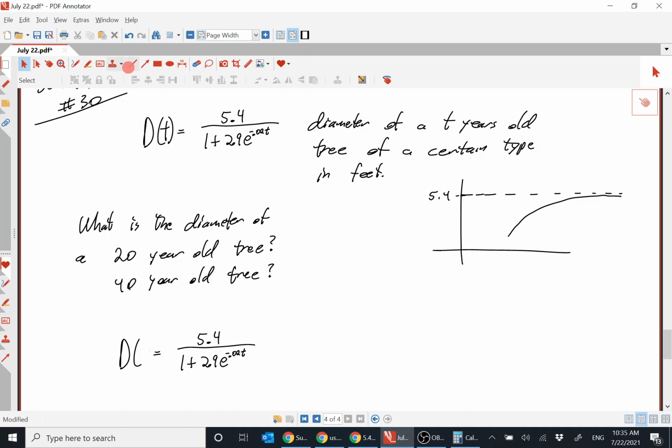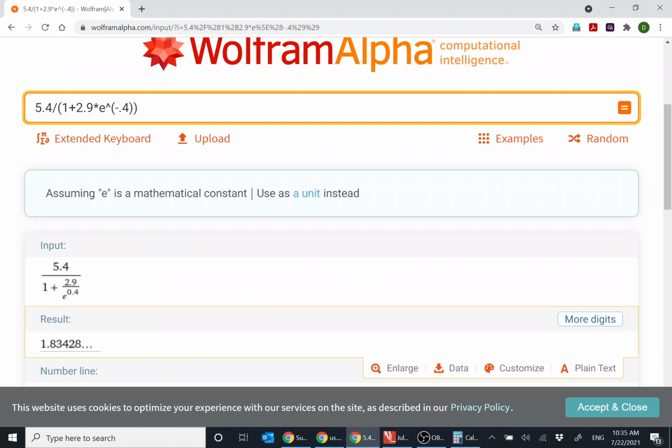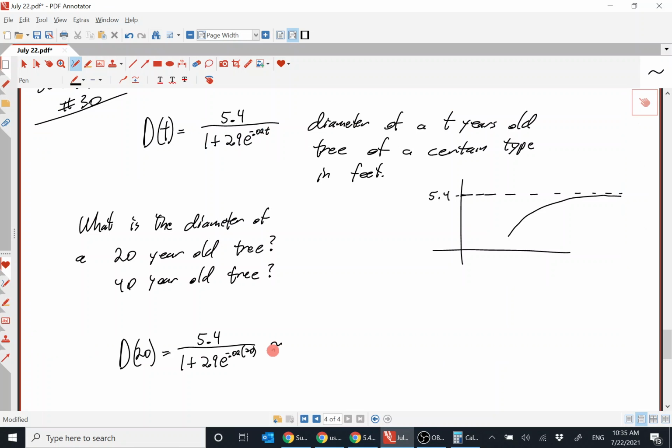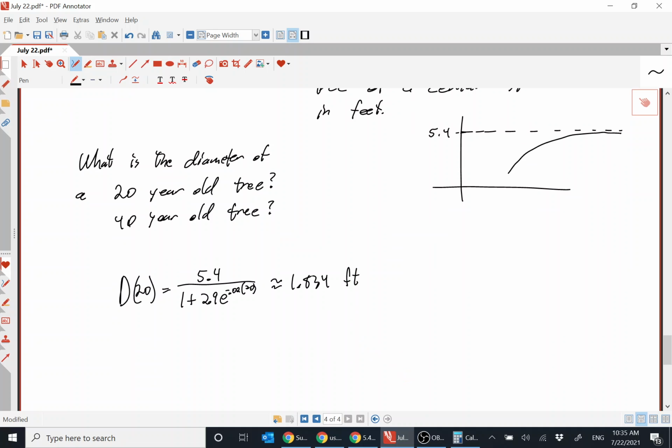So the diameter of the 20-year-old tree, you put 20 in here, and it gave us 1.834 feet. The 40-year-old tree,